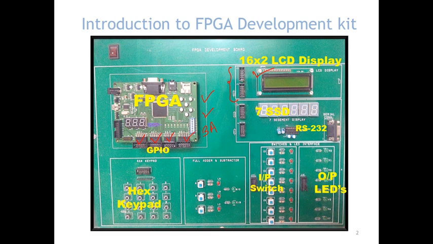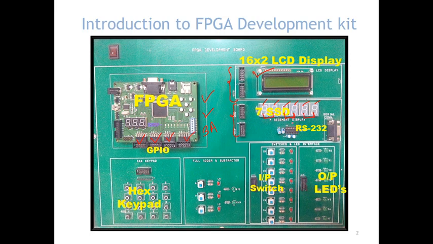Then another interface we have given is the 7 segment display. Here we have connected a total of 6 seven segment displays. Using these 7 segment displays, we can implement various counters. We can even implement a digital clock on these displays. The 2 displays can be used to display the seconds, the middle 2 can be used to display the minutes, and the upper 2 can be used for the display of hours.